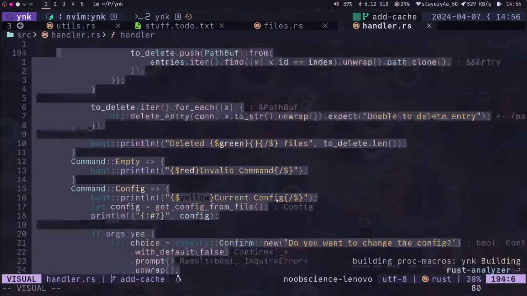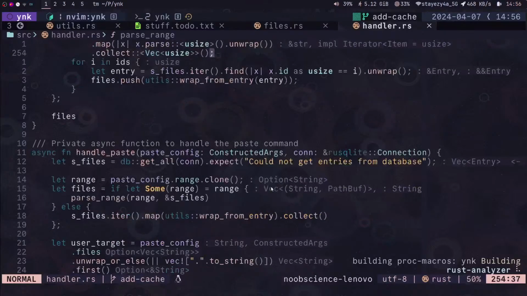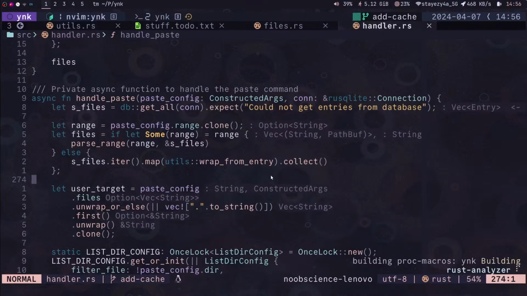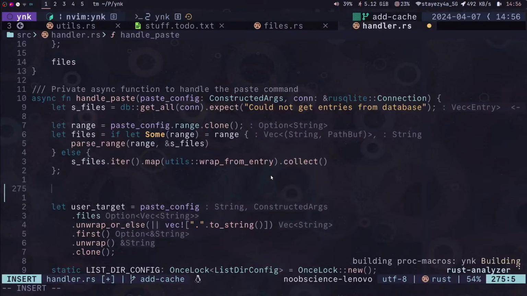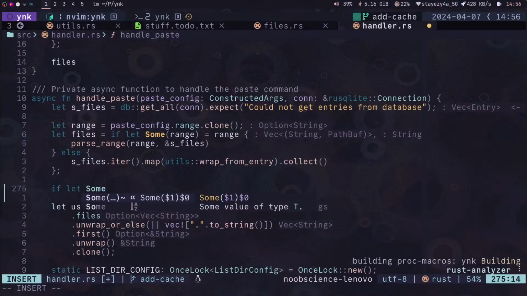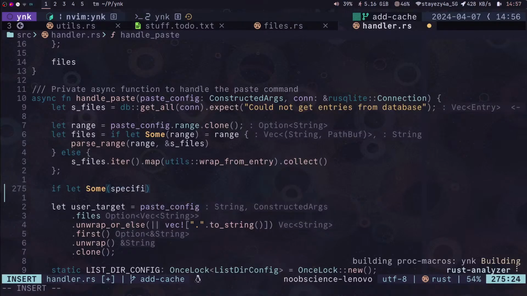That exact path. Okay, so that should make all of this pretty easy. So all we do is if let Some specific path